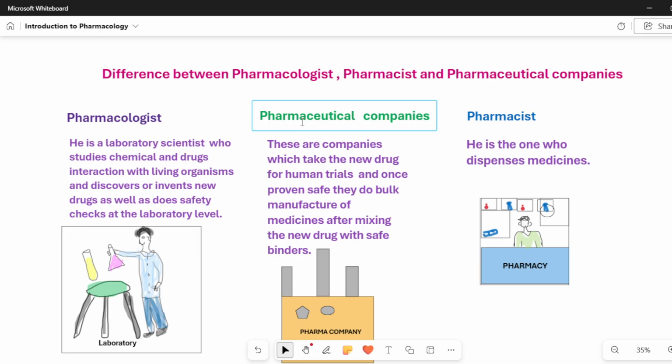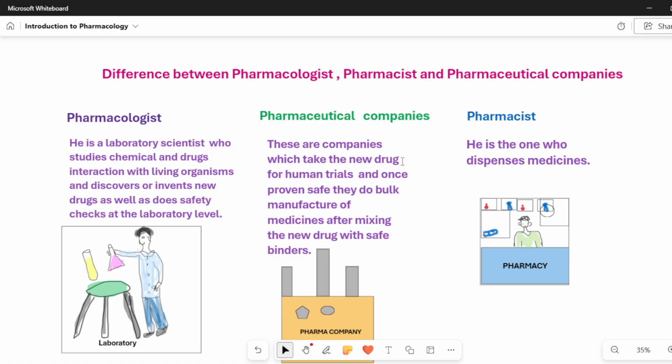Now, pharmaceutical companies: once the pharmacologist has discovered or invented the drug and proven it safe on animals, the company takes the new drug for human trials, which is sponsored by the pharmaceutical company. Many people, volunteers, are tested with this new drug, and some people with the disease are tested with the new drug.